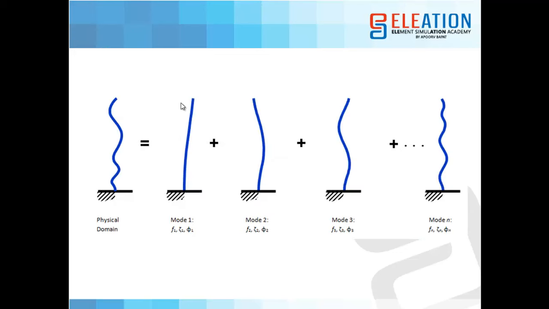So exactly what is happening in modal analysis is there is a physical domain, as you can see here, which is going under the vibration. So with the help of modal analysis, we calculate the first mode, that is, out of these shapes, this is the first mode on some frequency, some deformations. Then this is the second mode, third mode, and so on. We calculate, we divide this entire body into some modes,